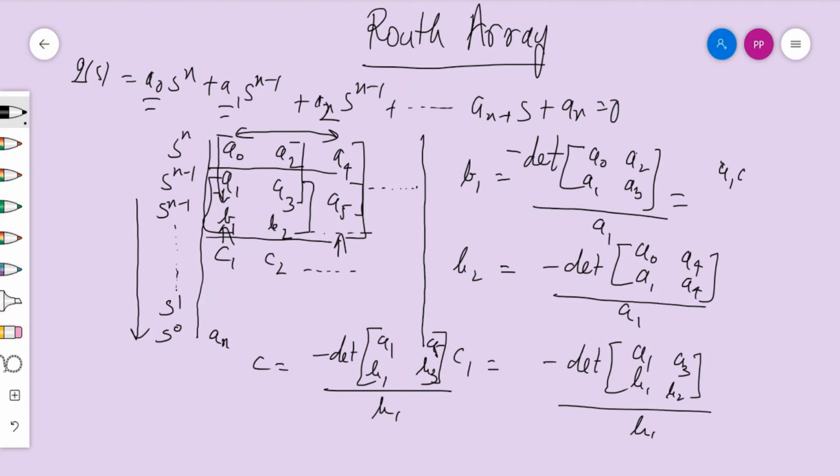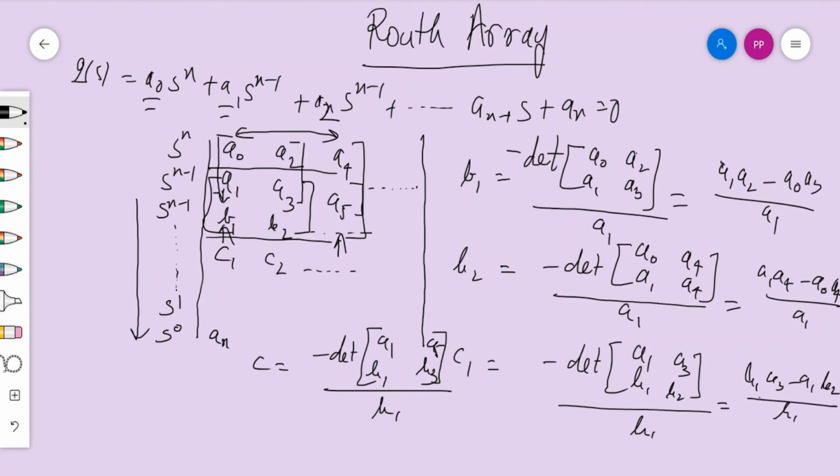a1 a2 minus a0 a3 divided by a1. Similarly, b2 equals a1 a4 minus a0 a5 divided by a1. Similarly, c1 is b1 a3 minus a1 b2 divided by b1, and c2 equals b1 a5 minus a1 b3 divided by b1. So likewise all the